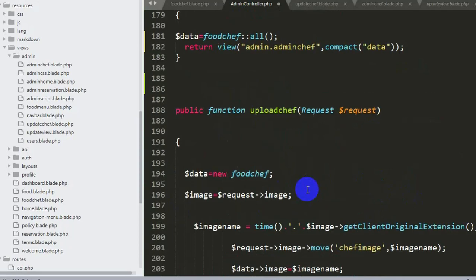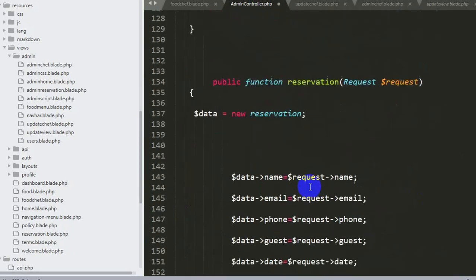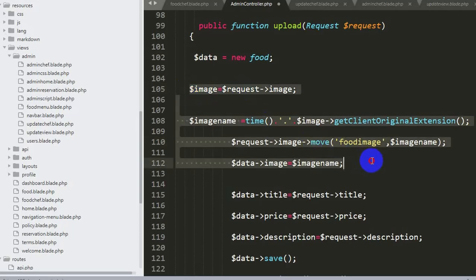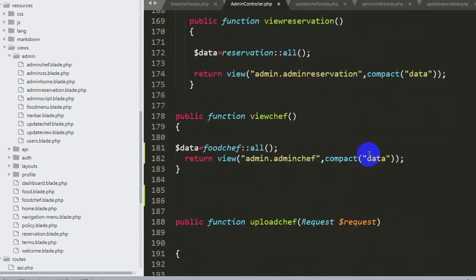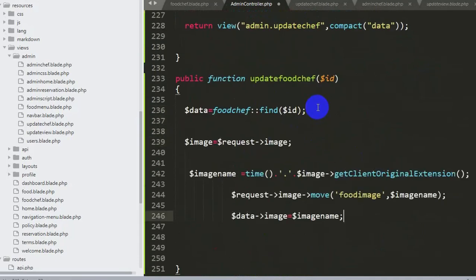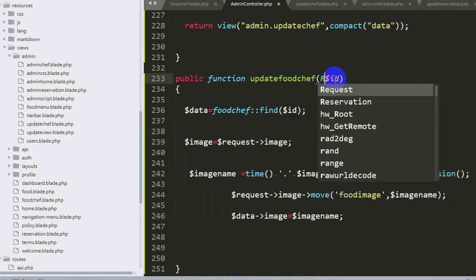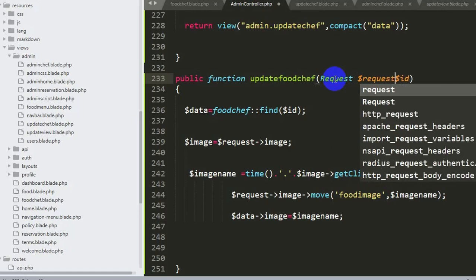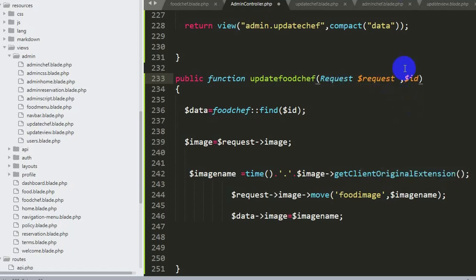We'll go up there and copy this 4 line of code, Ctrl C, and paste it over here, Ctrl V. One more thing that we need to add over here is Request $request, since we want to get the data from this update chef page.